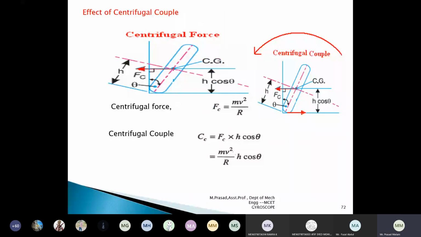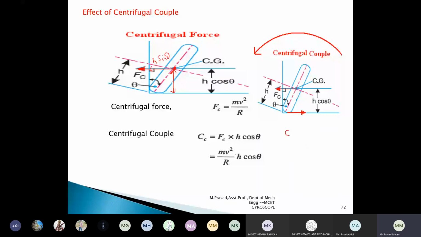So this line is resolved along the x-axis. Now this distance we are getting as h cos theta. Again similarly, with respect to the center of gravity, which I am dotting here, this is h cos theta, and this is h sin theta. This is the hypotenuse, which comes as h.